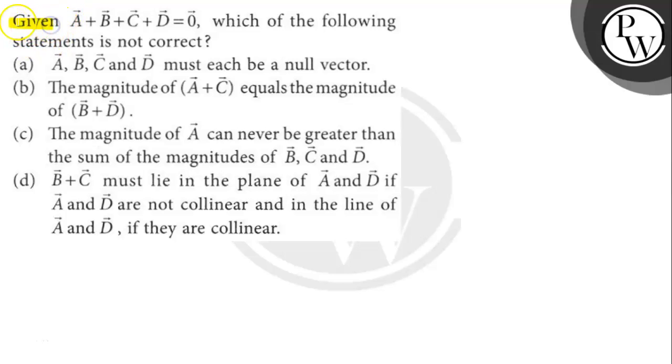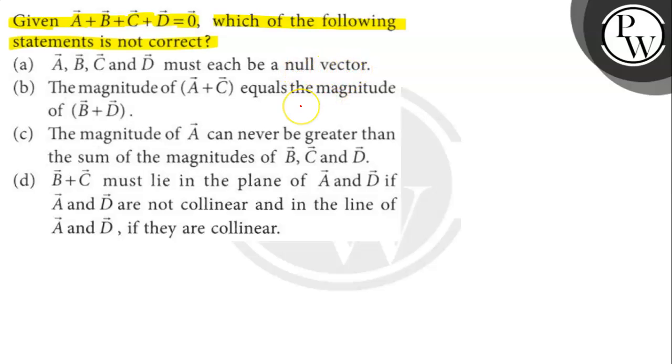The question says here: given that a vector plus b vector plus c vector plus d vector is 0 vector, which of the following statements is not correct? Okay, let's find out. Statement A says a vector, b vector, c vector and d vector must each